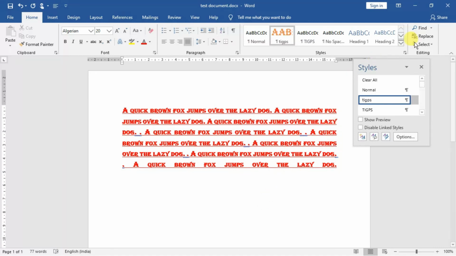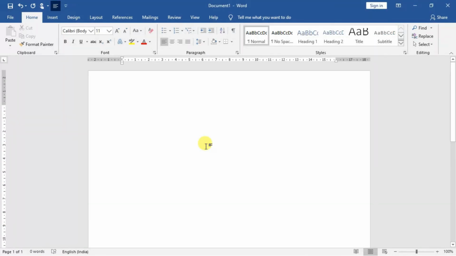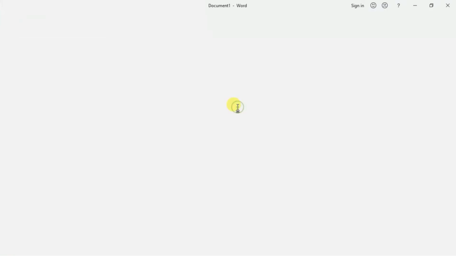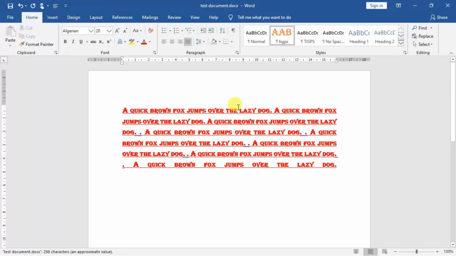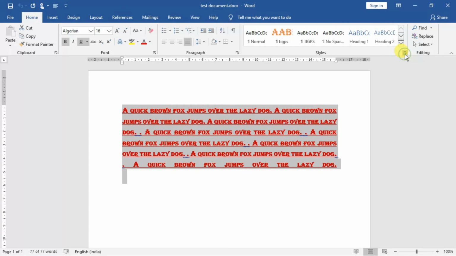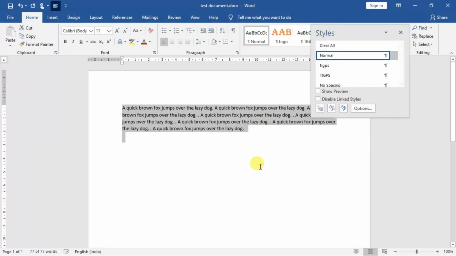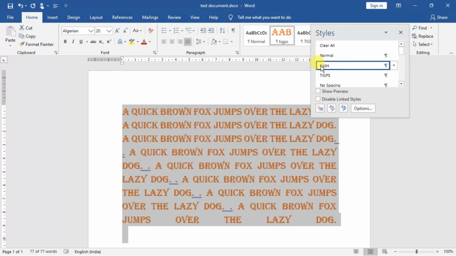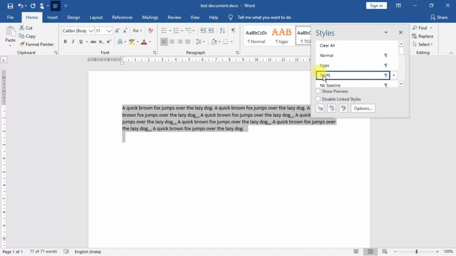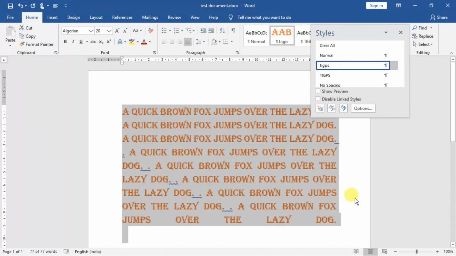Once you have saved this, it will remain permanently in your text document. Try to open it by using this control. Once again, in the text document, you see that particular style will be applicable. However, if you want to remove the style from here, you can go to the paragraph launcher and press the Clear All button, and everything will be cleared off. So it has come back again to normal. Again, if you want to go back to the style, you can click on TIGPS and it will come back again. TIGPS is another style I have chosen, then the normal style. This is the style that we have chosen with the Algerian font and all.